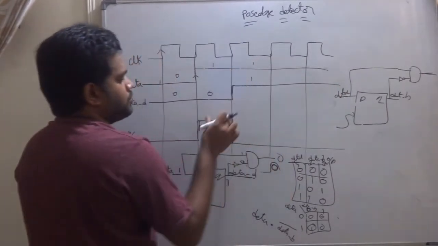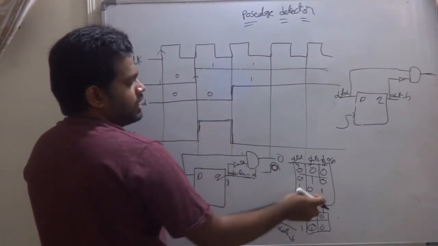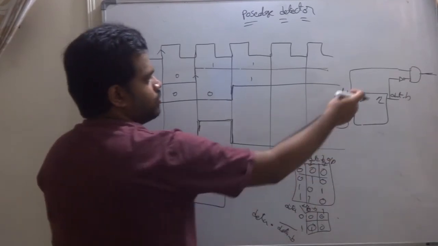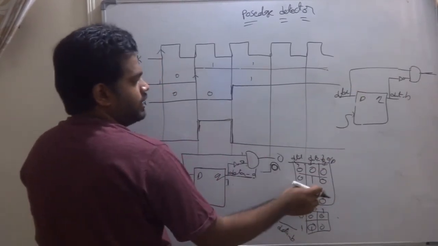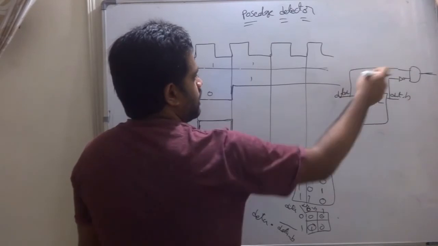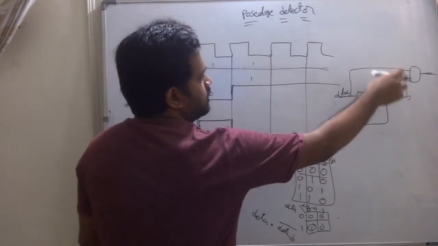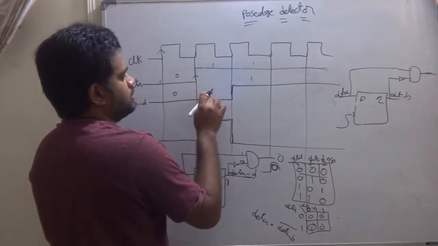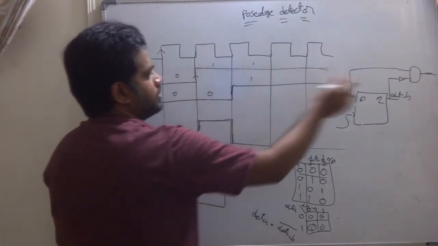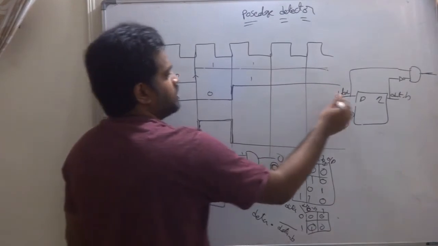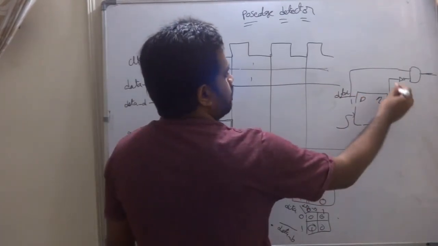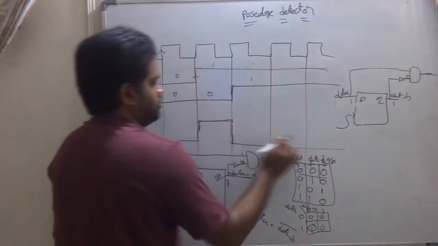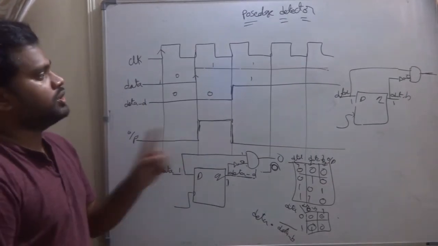When this condition only is true, that's why, if any one condition is true, it would be an OR gate, sorry, not an OR gate, an AND gate. That's why I gave 1 here and 0 inverted. 0 inverted means indirectly this becomes 1, this becomes 1, then the output will be 1. In the 1, 1 case it will fail, because here 1, then inverted 0, it will go 0 here. This is the positive edge detector.